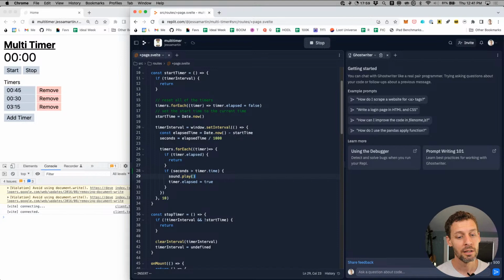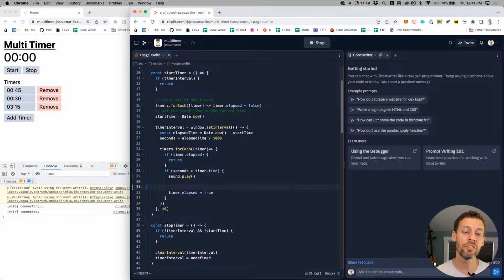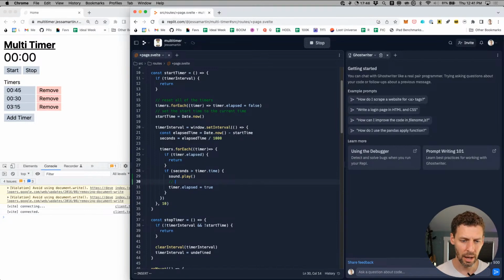And yeah, this is going to be interesting. Okay, so what we want to do instead of just playing the sound is right here, call a function that starts the sound playing, and then have that function stop playing the sound when a certain thing happens. So let's just say start playing a sound on repeat.